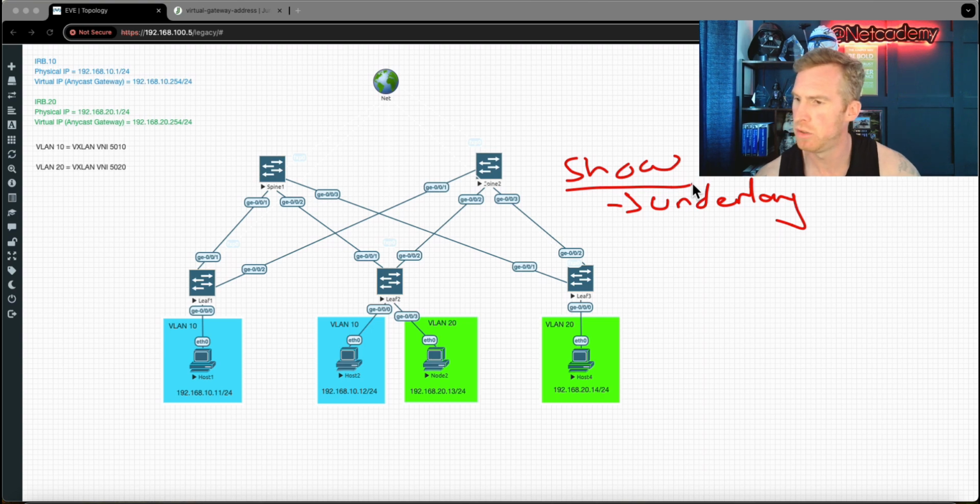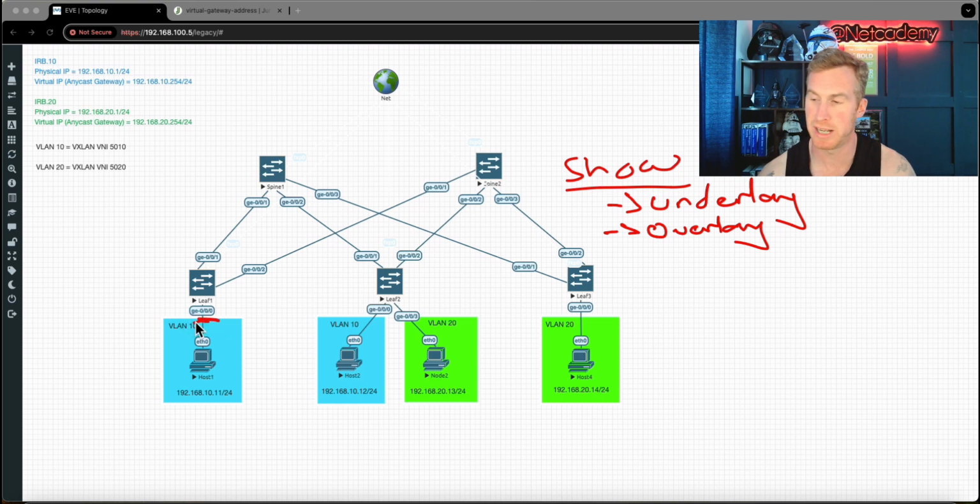So we need to do various show commands to validate, is the underlay built? We also need to do various show commands to validate, is the overlay, that IBGP peering, actually built? Have we got established peering to those two spines, spine 1 and spine 2, from Leaf 1's perspective? If not, then EVPN's obviously not going to work. And once we've done this, we can then start running the various show commands to validate the EVPN, the Ethernet